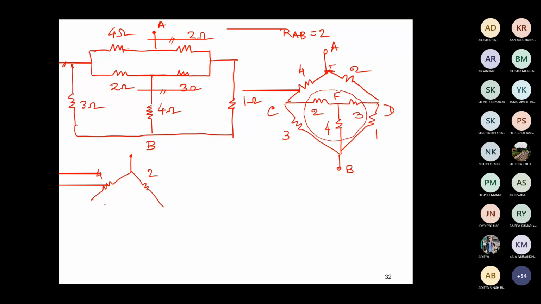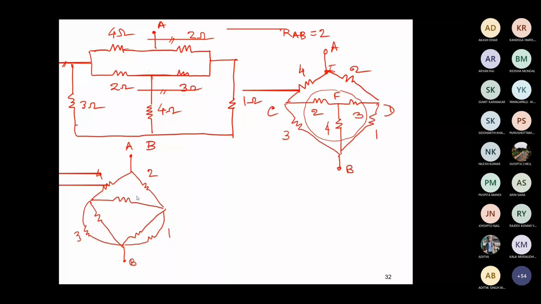2. Here one resistance will come due to delta. So what is that value? We'll write later. Then this will become delta, and then 3 and 1 is already there before. So this is 1. This is your terminal B. This is A. So now if this star, this delta you convert in star, then it is easy for you to solve it, isn't it? Then we'll do it. That is one approach.